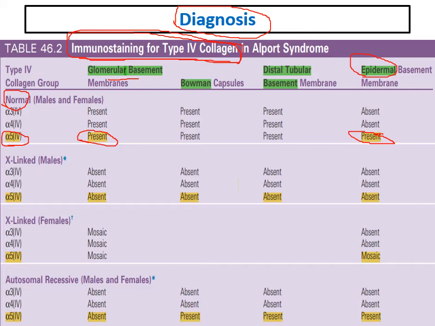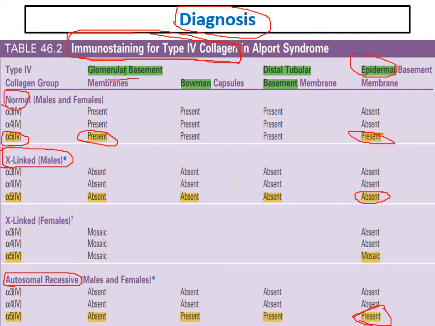But in X-linked males, which is the most common form of Alport, it is absent. In autosomal recessive, it is present. Again,